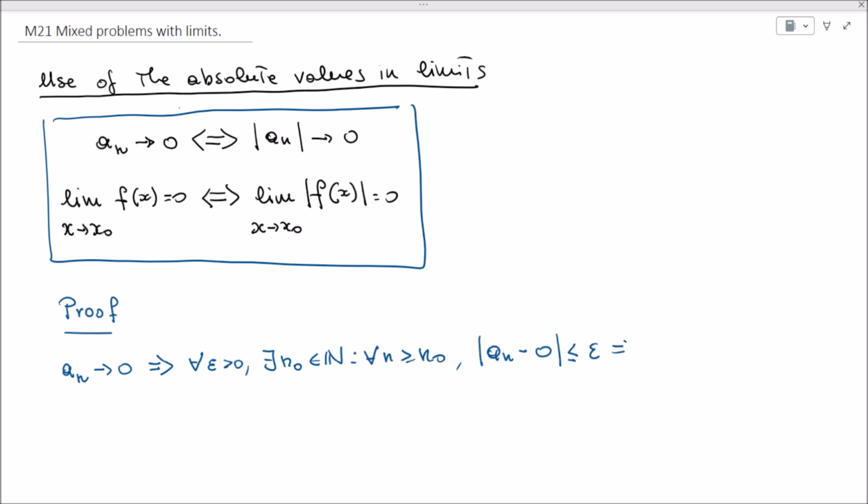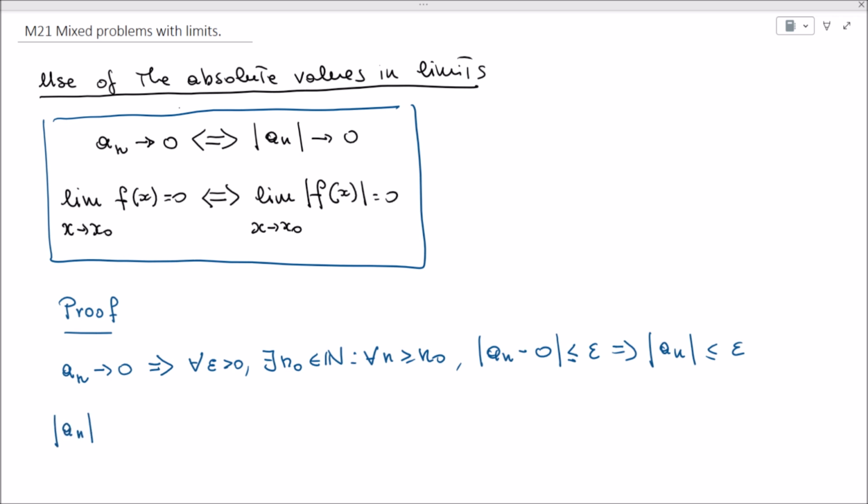But this is just like saying that an in absolute value is less than or equal to epsilon, right? But we want to show now that this is exactly the same as saying that the absolute value of an,